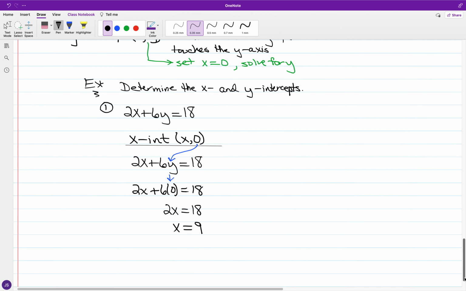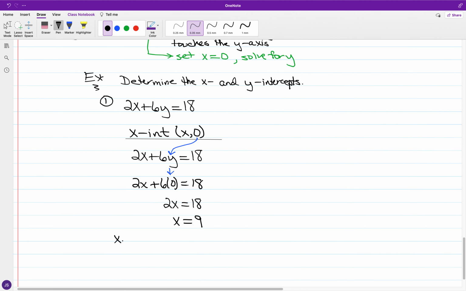So for the x-intercept, as an expression we have x is equal to 9, but in ordered pair terms, this x becomes 9, and again, y is at 0. So as an ordered pair, as a point, we have 9, 0. Now for the y-intercept,